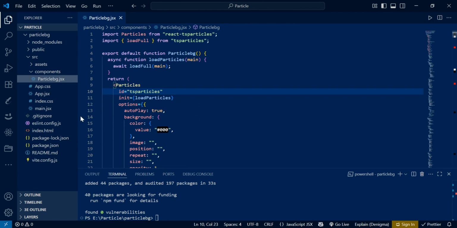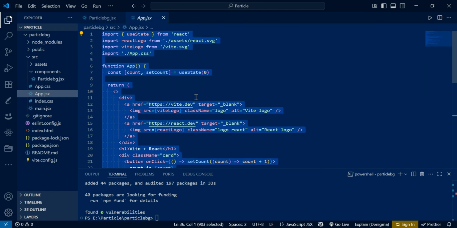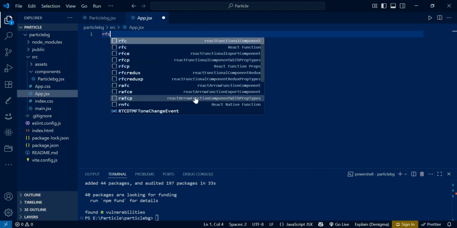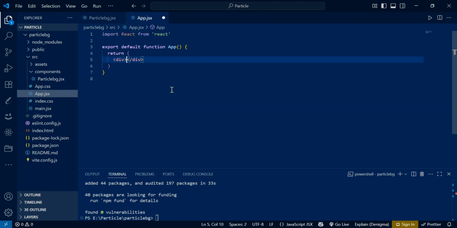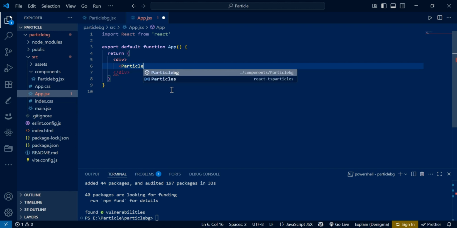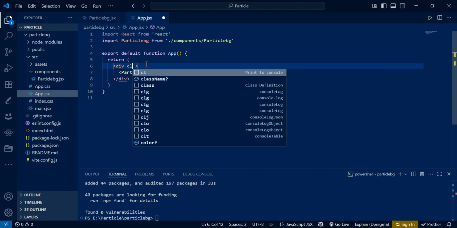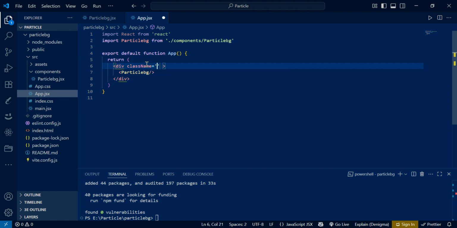And then now we need to go to our app.jsx. There we'll clear everything and then type rfc and hit enter, and then here we need to import our Particle.js component. So we need to type Particle.js, and here we'll add a class name which name will be app container,